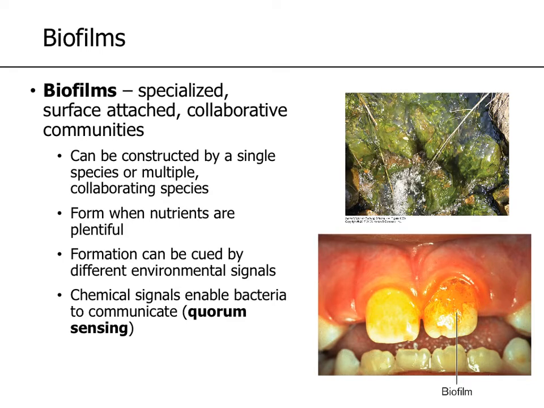So in the first case we want to talk about are biofilms. So essentially biofilms are communities of bacteria that attach to different surfaces, and then they can grow there. So they're trying to stick to a surface because essentially there are lots of nutrients. So it's a situation that occurs when things are in high nutrients. So they want to try as best as they can to stay there